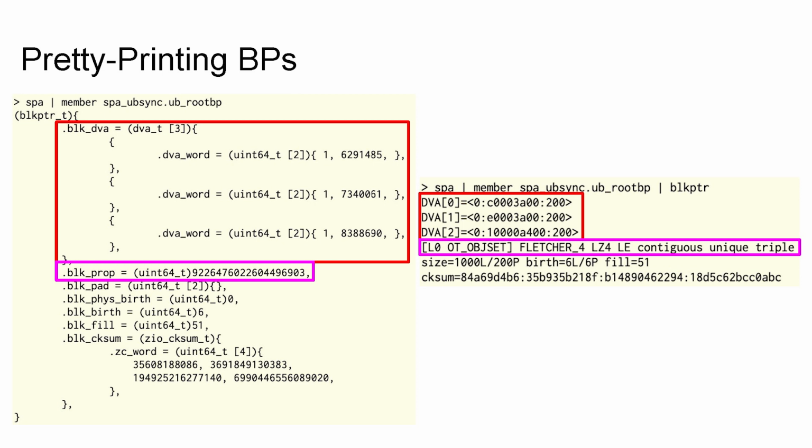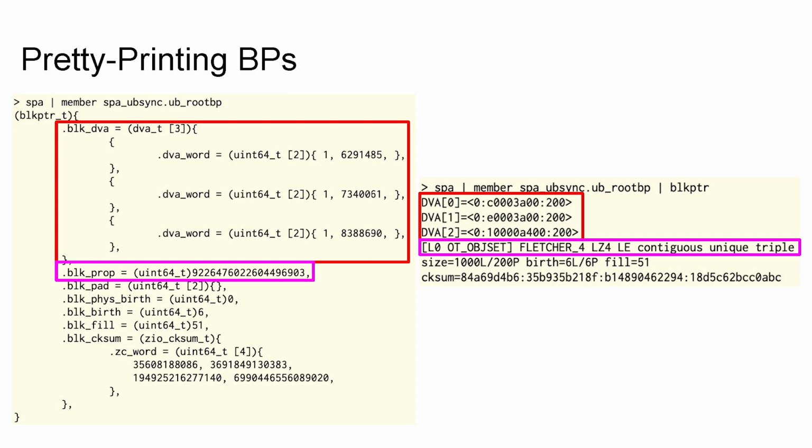And that's helpful sometimes. But most of the time, you have things like blk_prop, which is an integer where each bit is a flag. Or you have DVAs, device virtual addresses, which here are represented with 2 uint64 each, but they actually mean so much more. So we have the block pointer command, which can